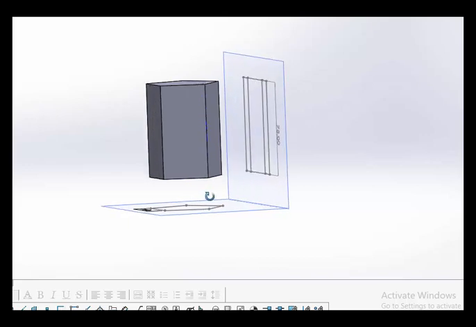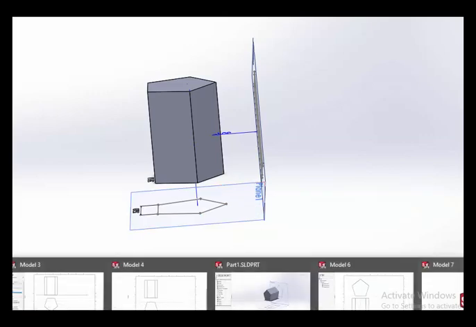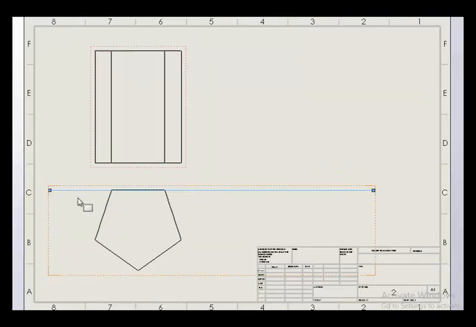So there will not be any gap here, and here also there will not be any gap. So you will draw the simple position like this. Your XY line will be kept here along with the front view, and there will be a gap here.